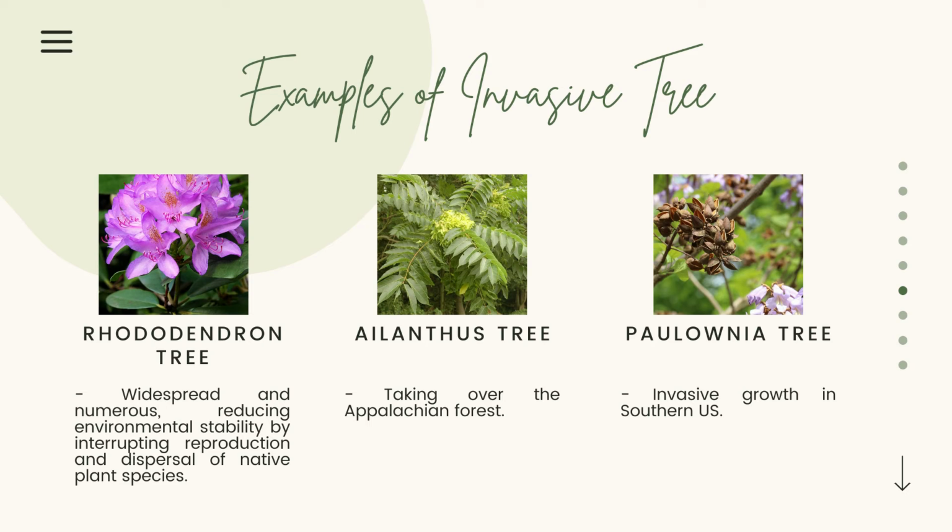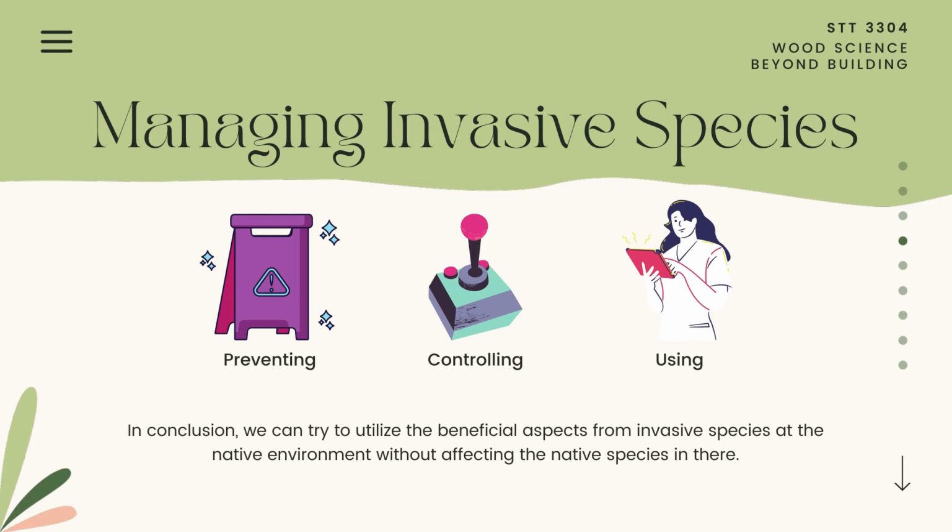So when they are present in the native environment, the damage caused by them was not as bad as it was in the non-native environment. So as we know, these invasive species will bring more harm than good. So we need to manage the invasive species so that the environment is not damaged by them. In my conclusion, we can try to manage these invasive species so that the native species in the native environment